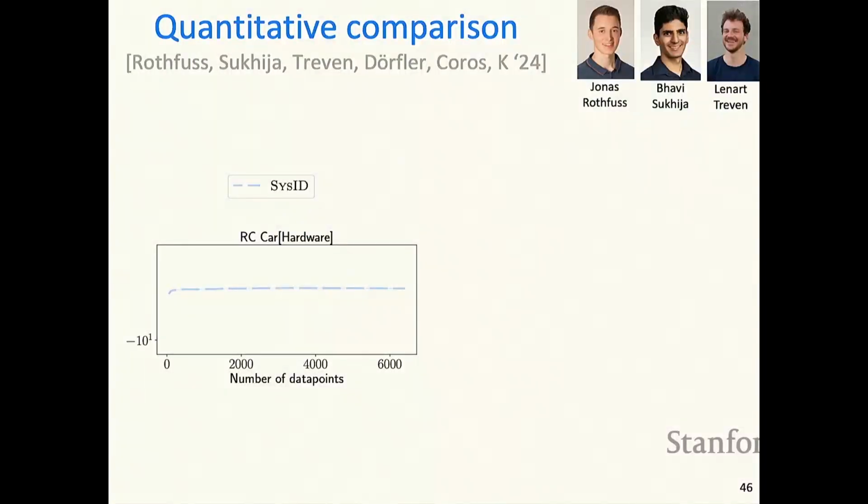So here are some quantitative comparisons. This plot shows negative log likelihood on a holdout data set collected on hardware, to predict next states from current states and actions. We compare, on one hand, an approach that just does system identification, fitting the model to data on the simulator, and then evaluating that predictive model on the holdout data. Here is the uninformed